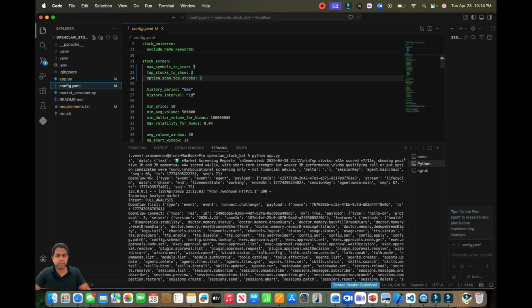Something like the minimum price should be 10, average volume should be 500k, and so on and so forth. And we are picking just the top three symbols and the options just to reduce the latency of this entire code base, but we can increase this. And these stock options are sent to OpenClaw LLM in order to summarize